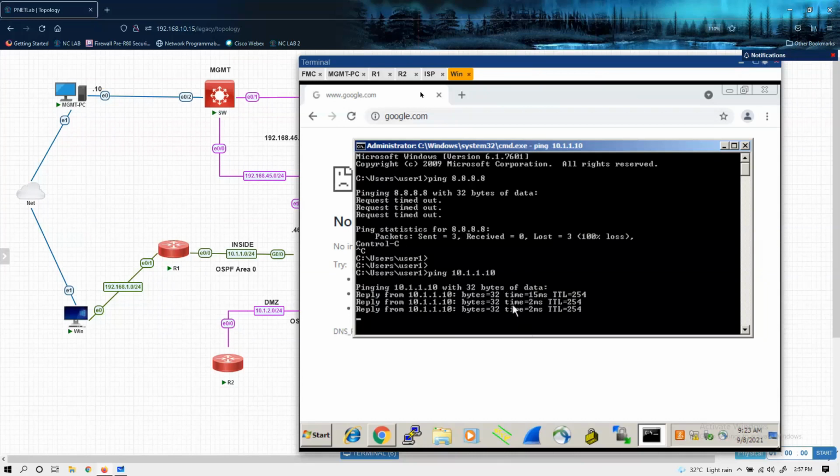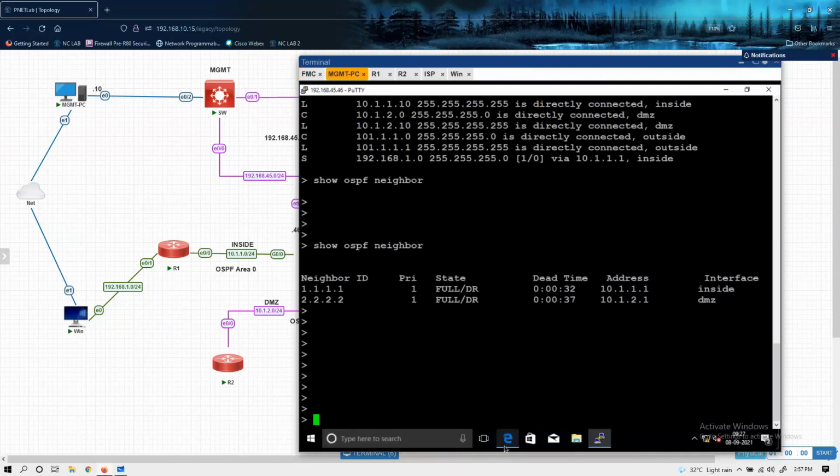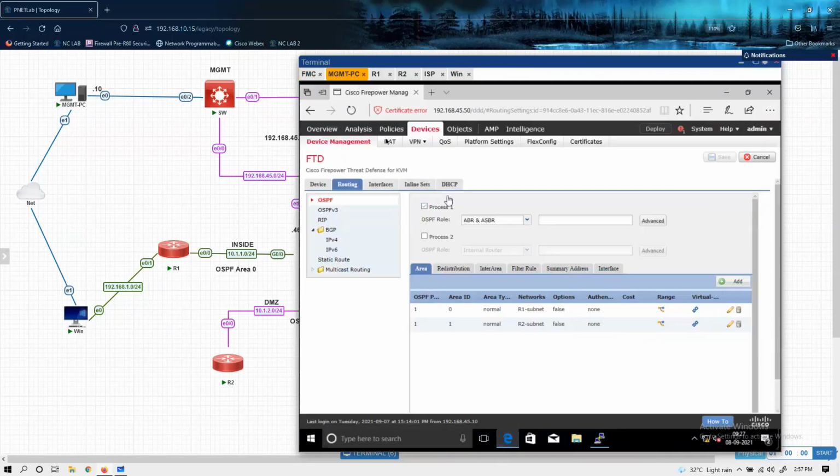FTD is reachable. Now let's go to management PC and FMC GUI, analysis, connection log events. Here it will show you logs for all the traffic which is going through the device or which is being dropped. It will show you event for every connection.